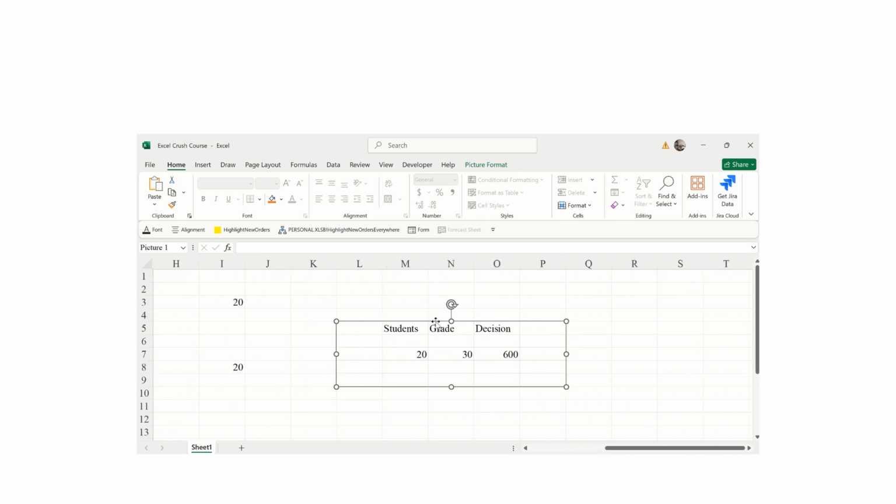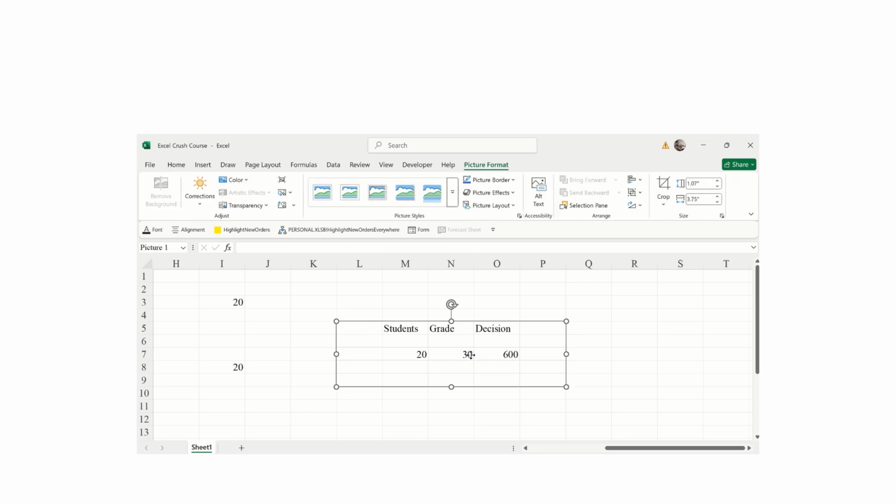And you can see it's just selected as a picture. I believe you can see the end lines of the picture. It's now a picture. I can't edit this specific number. I can't edit this decision. It's an entire picture. So you see, when I select a picture, it automatically